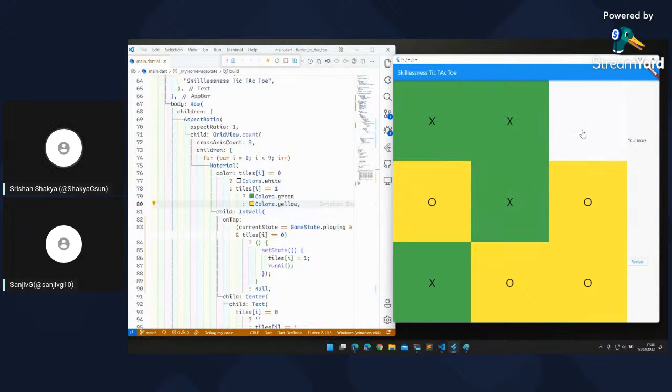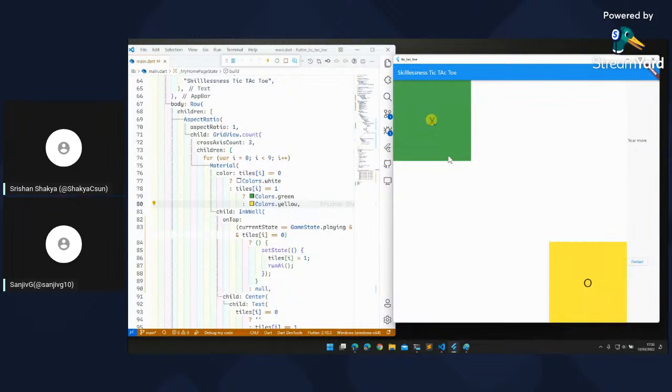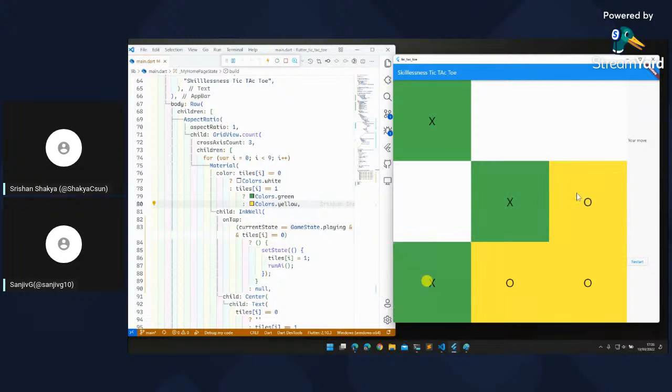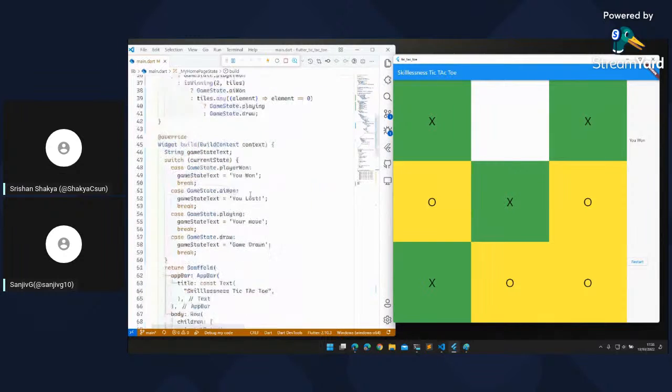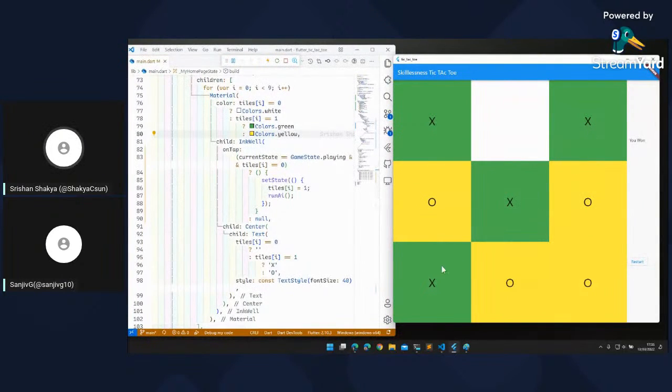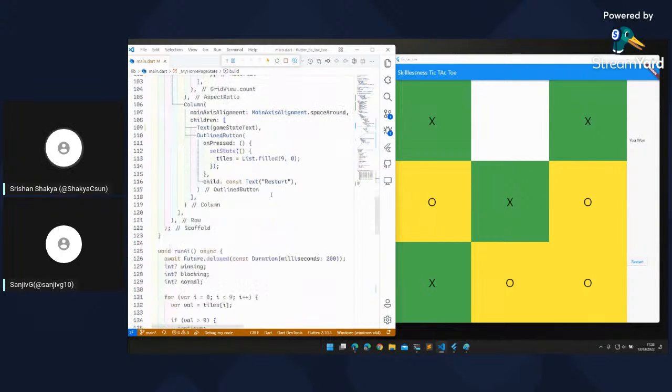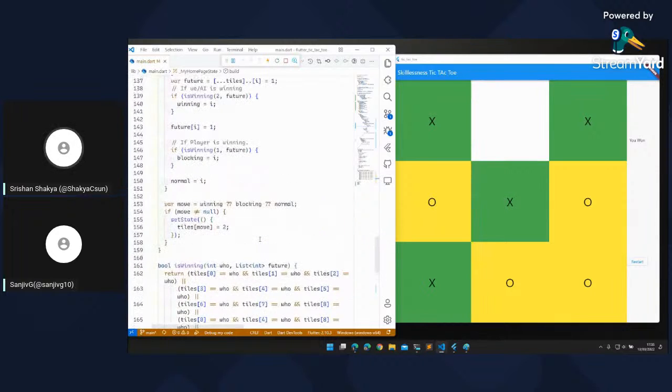This is a two-way winning for me. So yeah, you won. I already won, but it is still like another bug we have found in this logic. What is happening is we have already won, but the computer made another move after we have won. That is because we have run set state tiles equals to 0, and then again run the AI. So it will just make another move even after we have won.